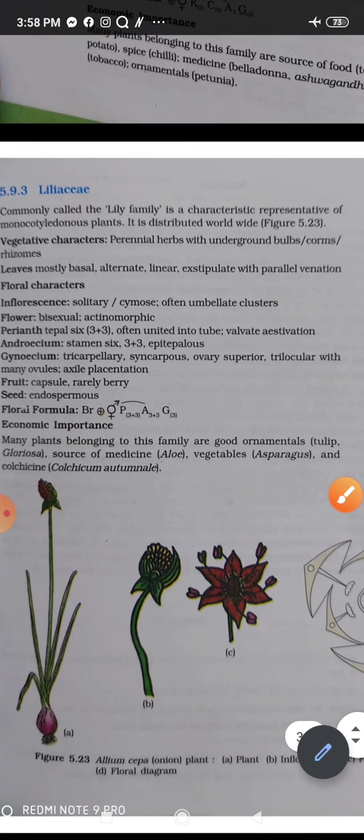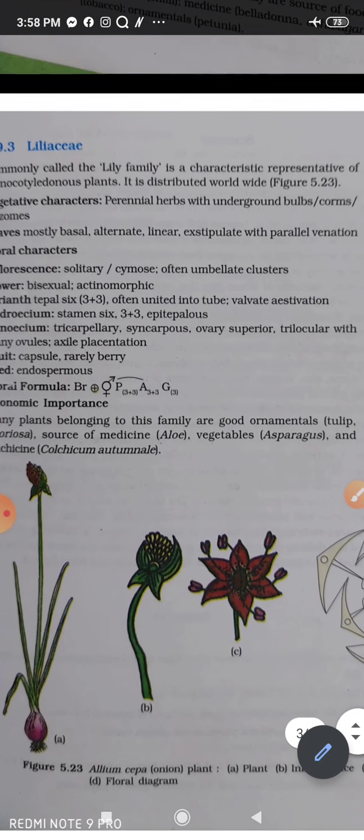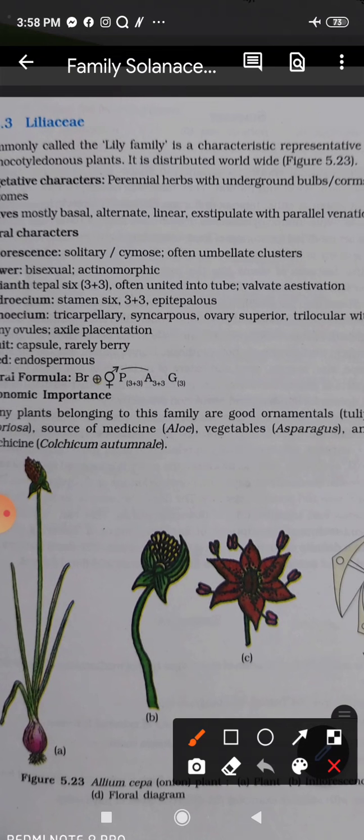Fruit is capsule, and rarely it is berry. Seed is full of nutrients, endospermous. And if we now look at the floral formula here, it is bracteate. That means bracts are present, right? You'll see bracts being present over there. So it is bracteate, it is actinomorphic, bisexual. You can see here